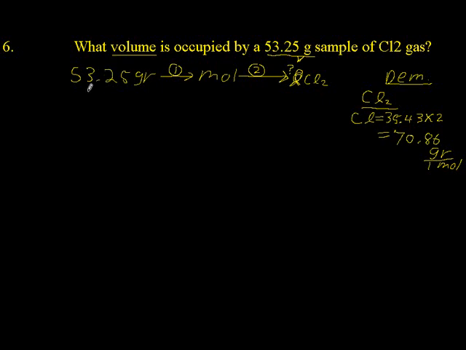So here's your setup. When you do dimensional analysis, first rule, whatever number they give you, put the number down over here. So we put down 53.25 grams of Cl2. You put it over 1. Why? Because that's what you do. It's a shortcut and it works. What you then do is